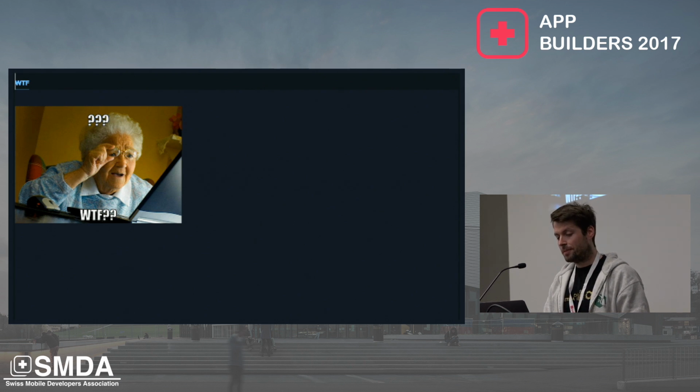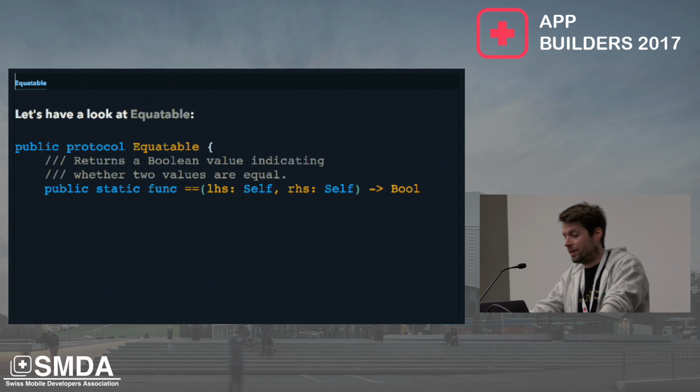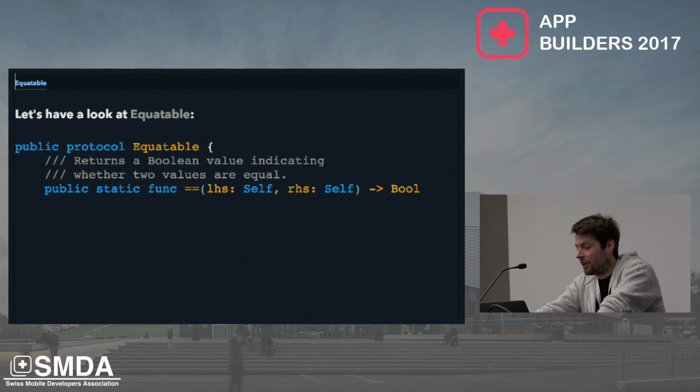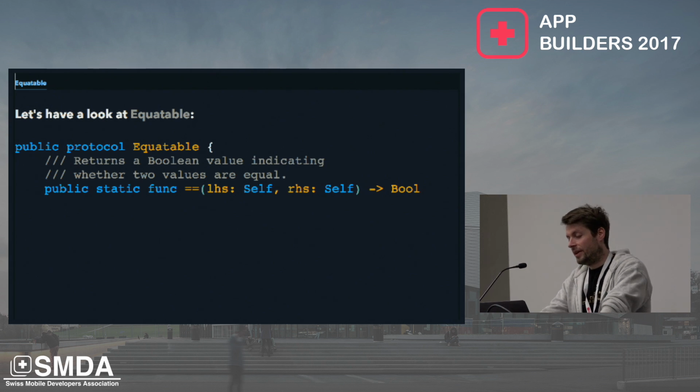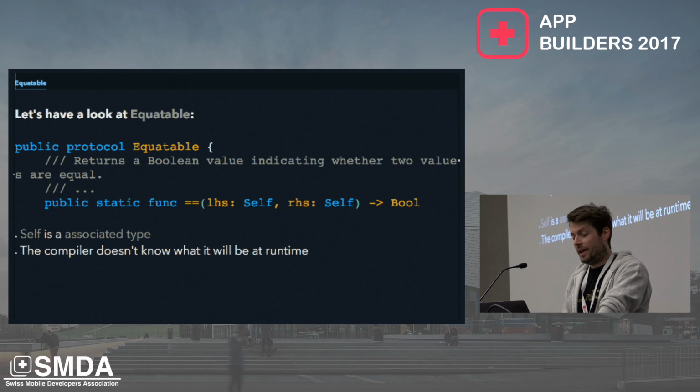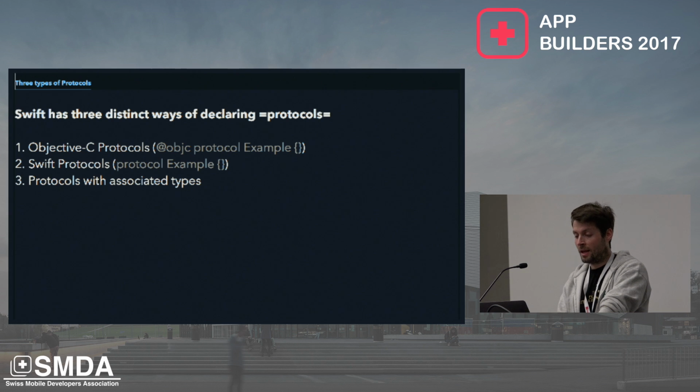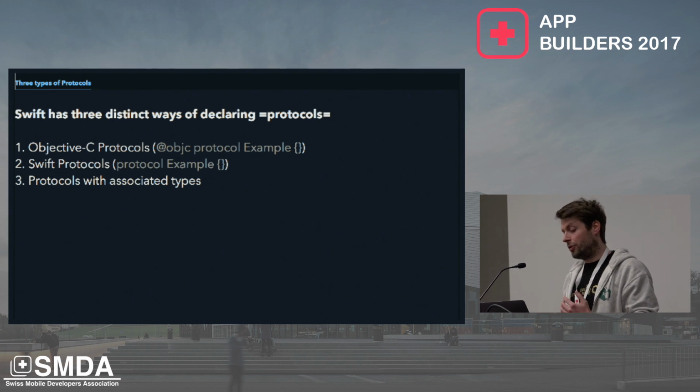What's happening is, let's have a look at Equatable. Equatable has a function that receives two parameters, left-hand side and right-hand side, and they're both Self. Self, in this case, is an associated type. The compiler doesn't really know what it is until everything is compiled, until you actually tell it what kind of type it is. So before we go into detail on why this associated type doesn't allow you to use Equatable,